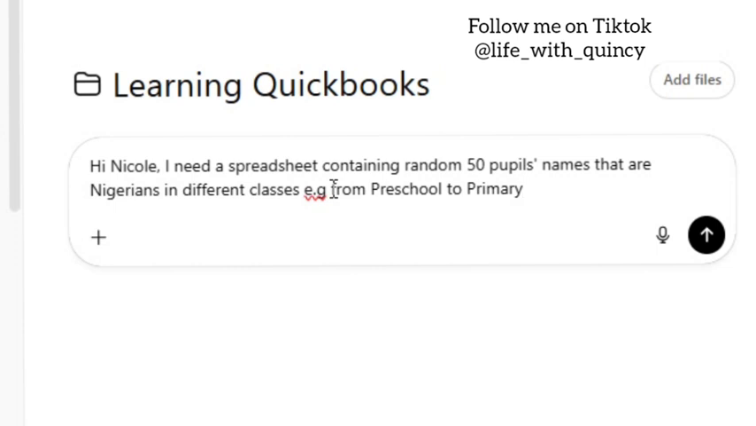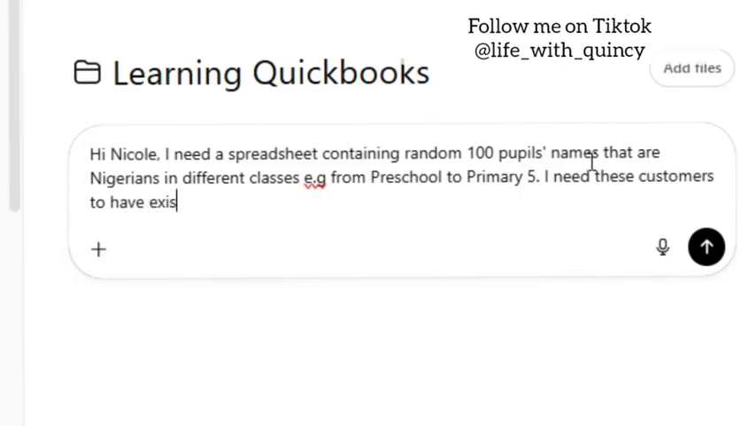Let's increase the number to 100. Hi Nicole, I need a spreadsheet containing random 100 people's names that are Nigerians in different classes, for example from preschool to primary 5. So you can ask your AI assistant to help you with this so that you'll be able to work with it. And you can even go on to say, I need these customers to have an existing payment schedule, preferably